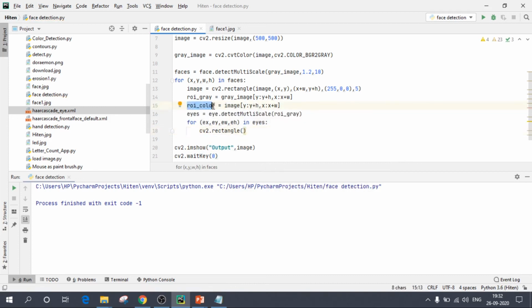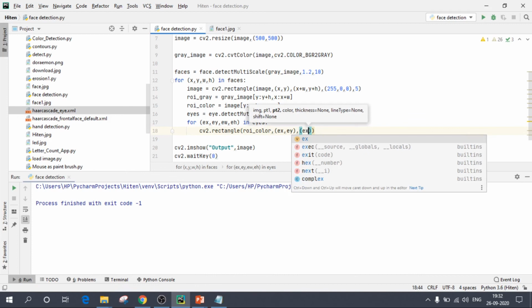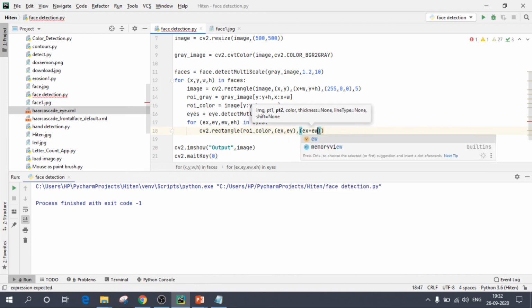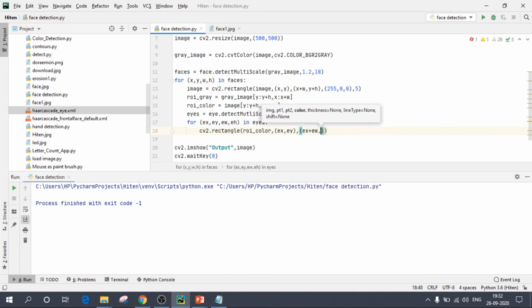We want our rectangle inside the rectangle which we have detected, so copy it and paste it over here, comma, point number 1 ex, ey, comma, point number 2, that is ex plus ew, comma, ey plus eh.